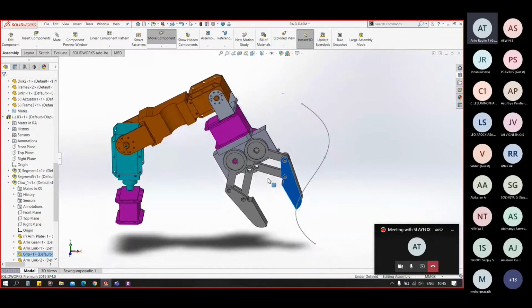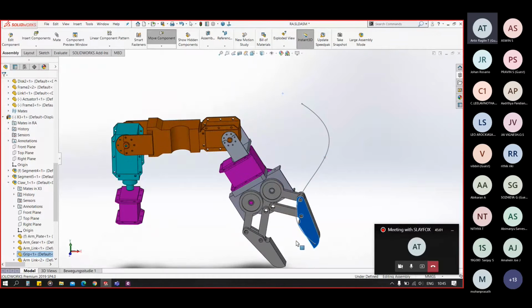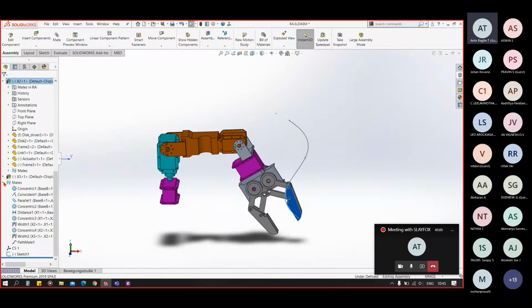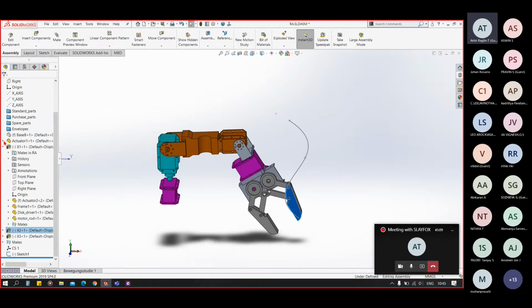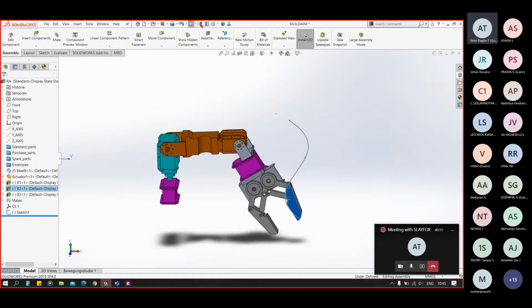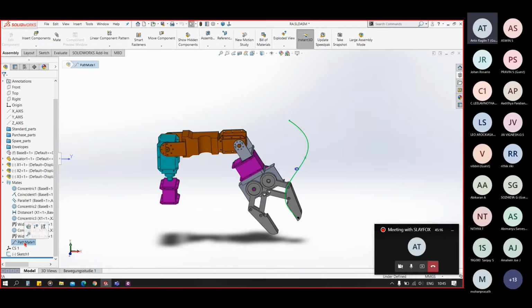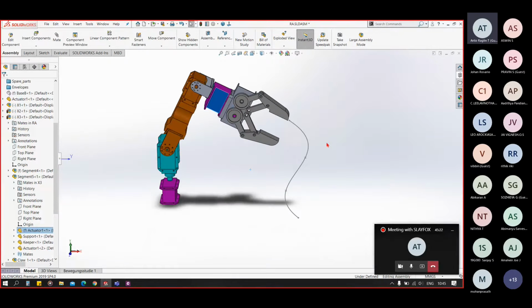So using the path mate, you can trace any vertex according to your path like this. Okay, I'll repeat this path mate again so it will be more clear. So let me delete that mate and create it again. We have deleted that mate, but I kept the sketch as it is.